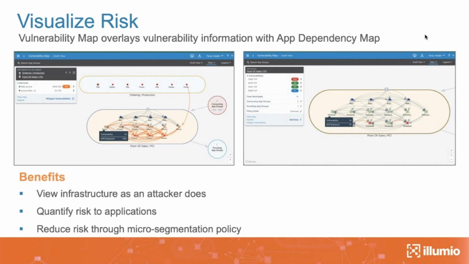The answer is not as easy, because it also depends on how exposed you are. Just because there's a critical vulnerability in the database doesn't mean you should go there and patch first, because actually it is less risky. It is connected to machines that are already patched, and it has a very low exposure score, meaning how many different paths exist in my environment to come into this vulnerable port and do damage or take advantage of it. Versus the other scenario where I have only got a medium vulnerability, but it's exposed to the internet, it's exposed to the whole world.